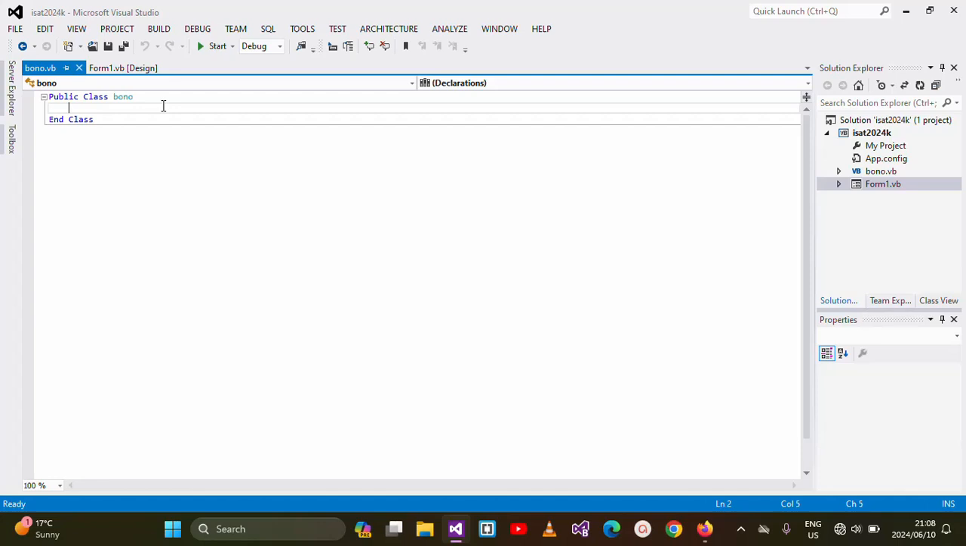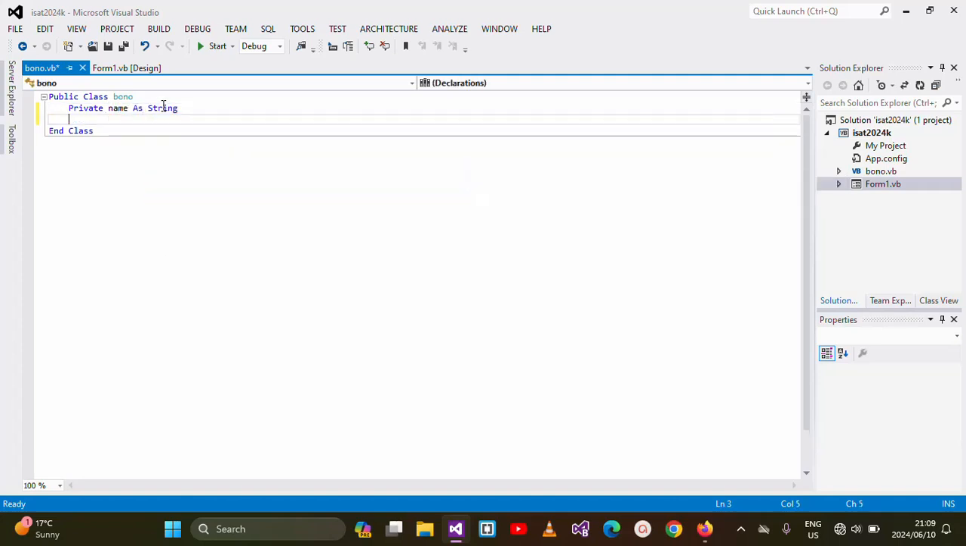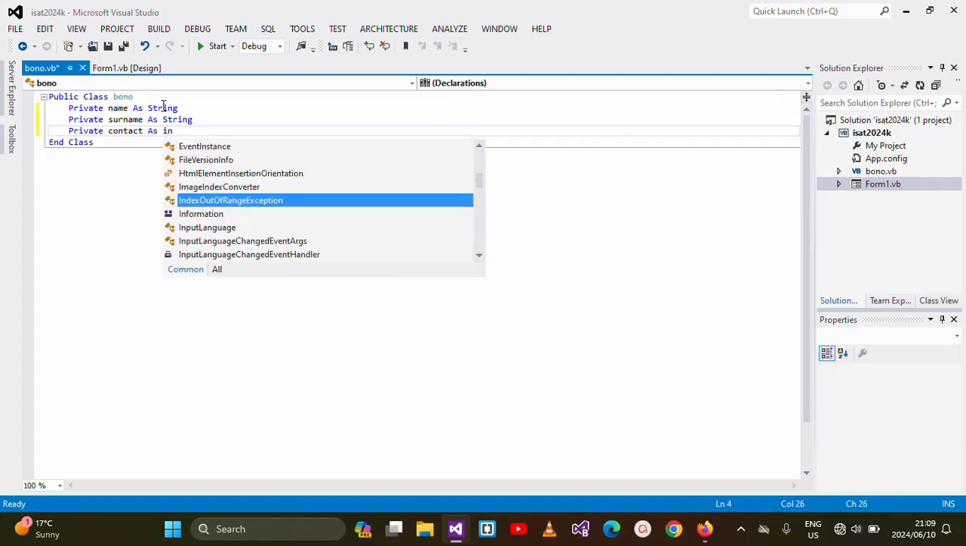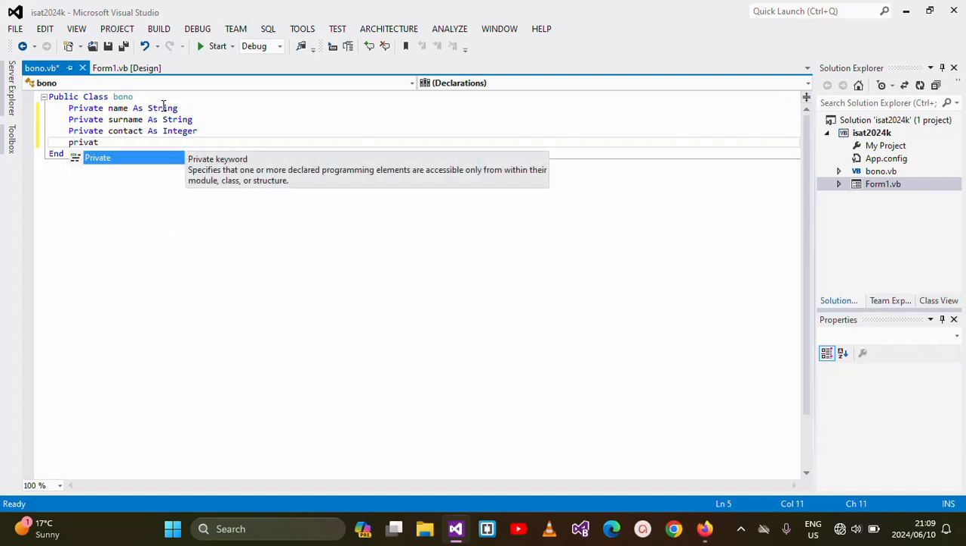So now let's start with our class private. We've got the name as string. That's the first one. The second one is private surname as string as well. The private contact as integer, and then from there we say private